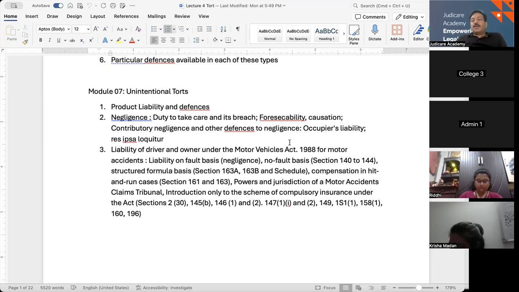So tomorrow, if one of your friends comes to your house and falls down in your property because of something you had dangerously kept or not maintained, then you are liable to pay for their damages for their health.